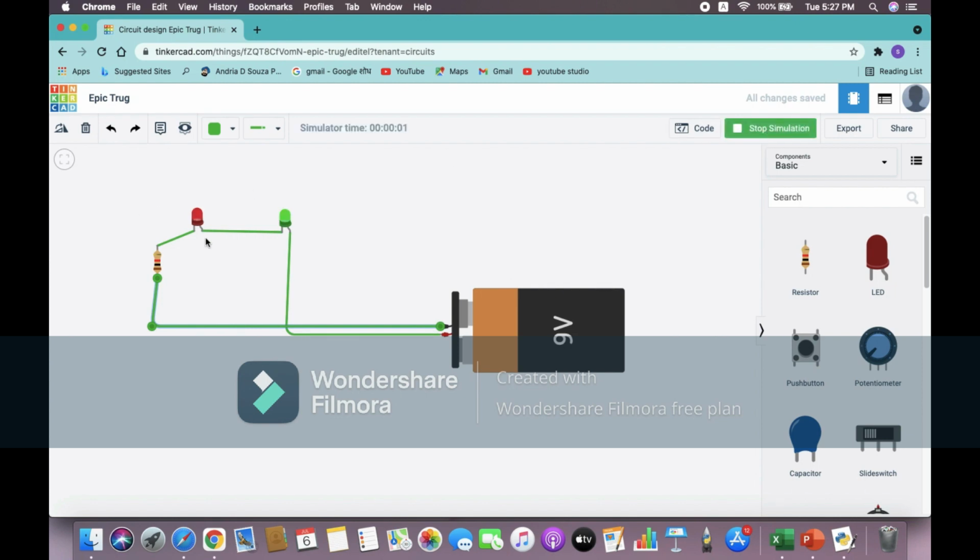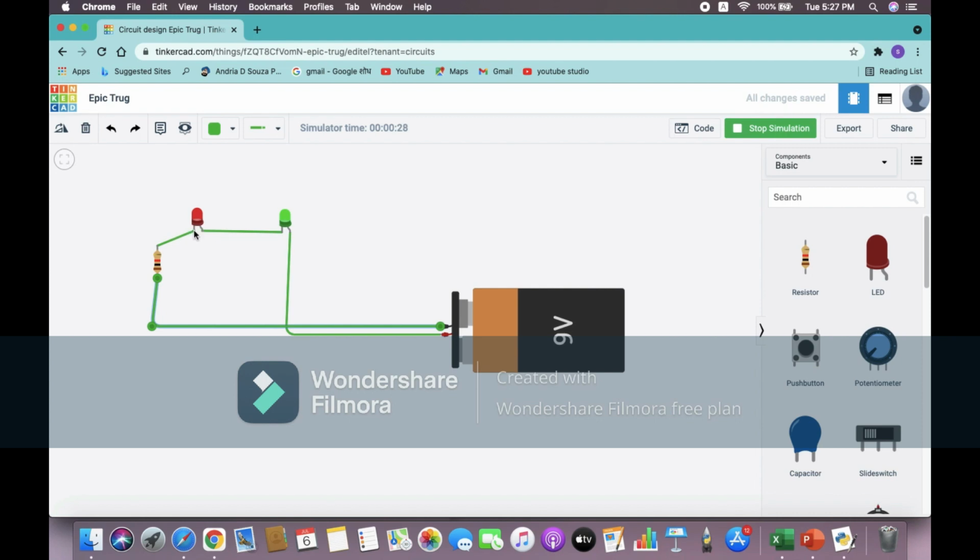You can see this is serial connection. Red and green LED is going to glow over here. Similarly, you can attach more LEDs over there in a serial connection, but keep this thing in your mind. Positive terminal should be attached with any of the anode. Then after you can connect the cathode with the another anode. This is called serial connection.